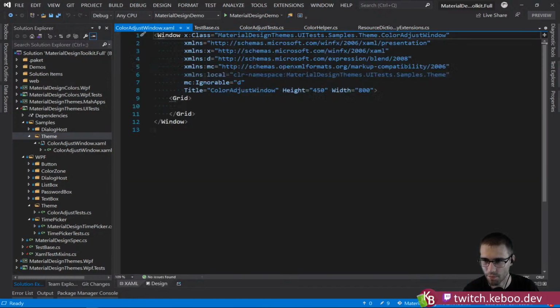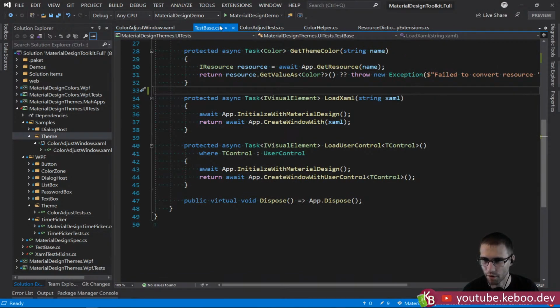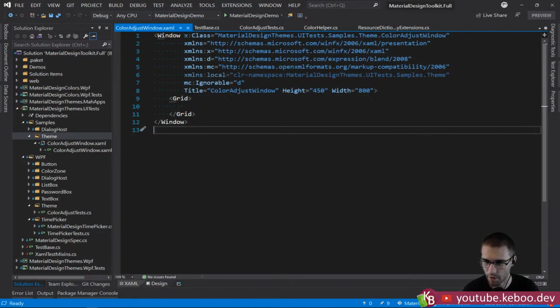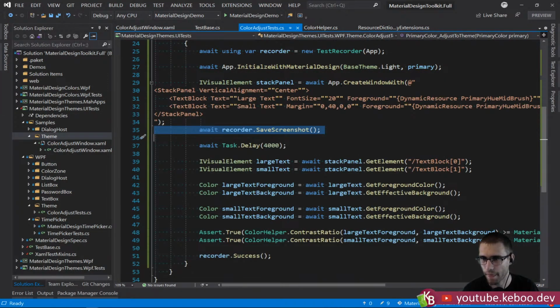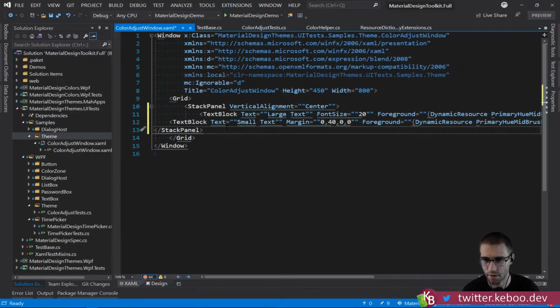I just want to close up the designer because the designer is going to do things like try to be helpful, and it has no concept that this window is going to be launched inside of another process. So that's fun. Sorry, designer. You're pretty good. You're not that good. Paste and